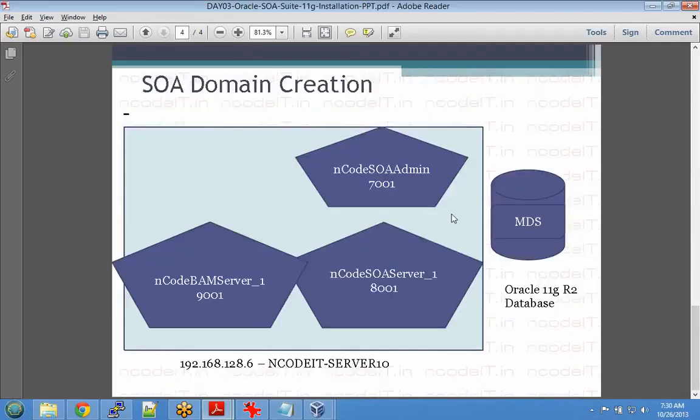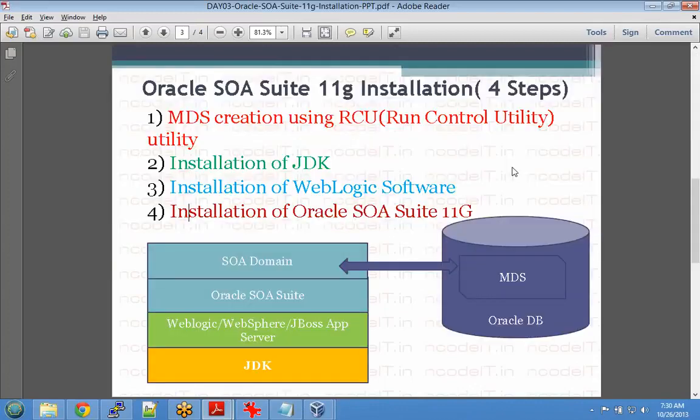Alright, this is the domain structure we will be installing. There will be one admin server, two managed servers, SOA and BAM. We'll talk about those things. And this will be actually on two boxes. So on box 1,